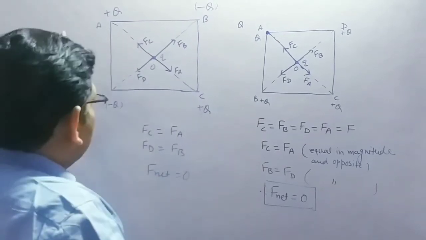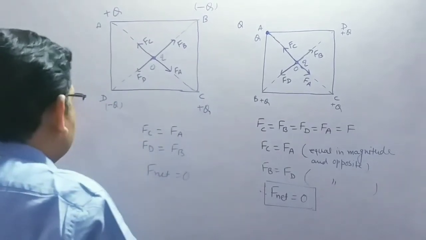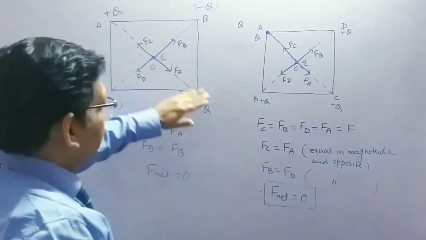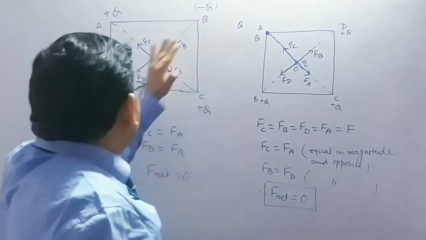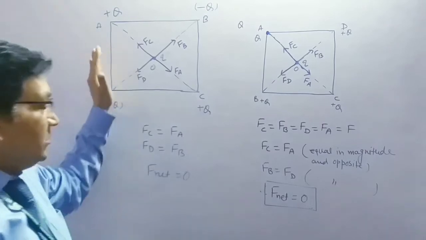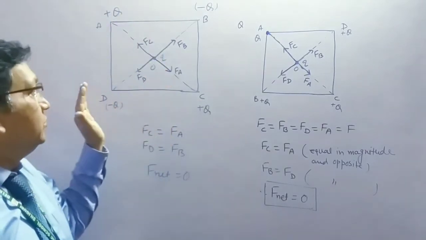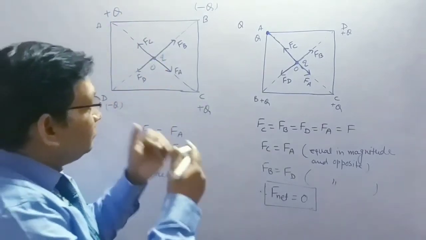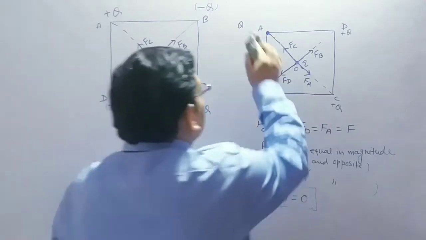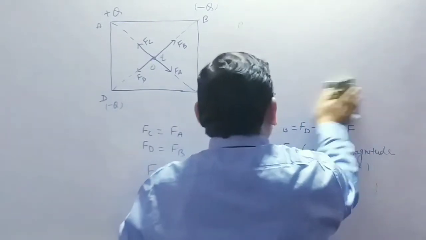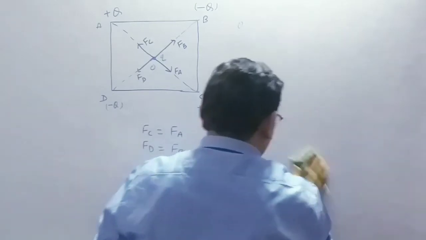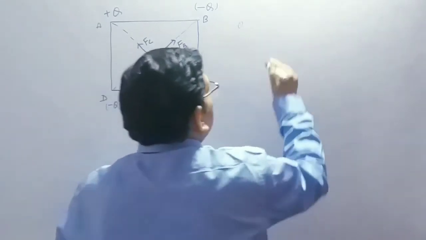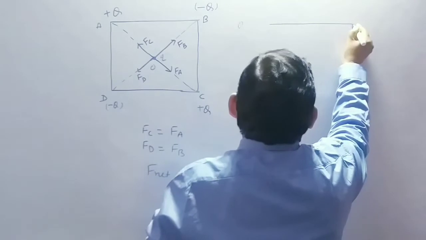And on the basis of this one, we have a question in the NCERT where 5 coulomb charge is given here, and -2 coulomb charge is given here. So the net force should be 0. Now look at another symmetry of the square. Now the other symmetry is that, consider this combination now.